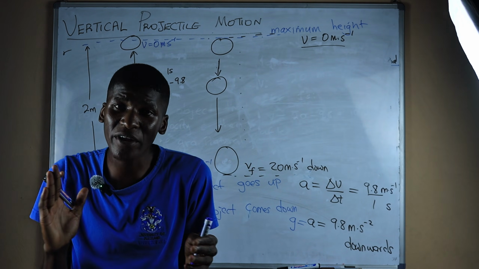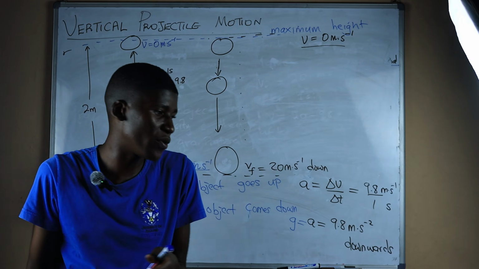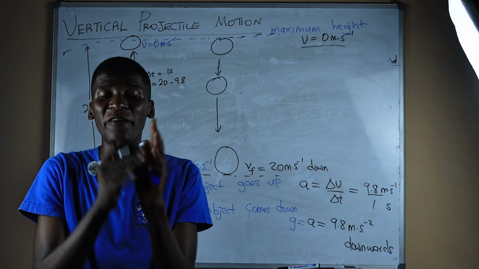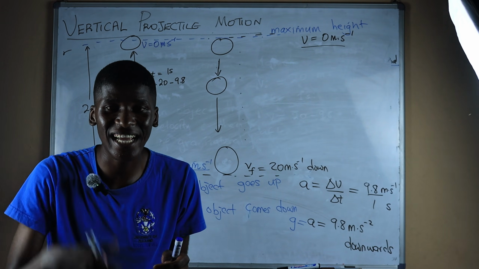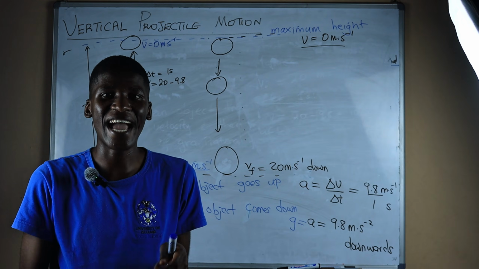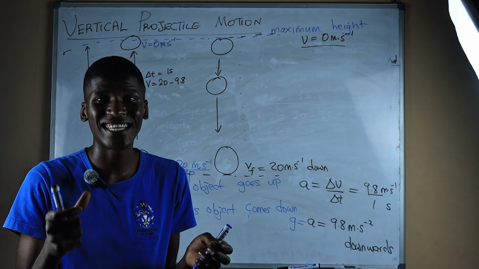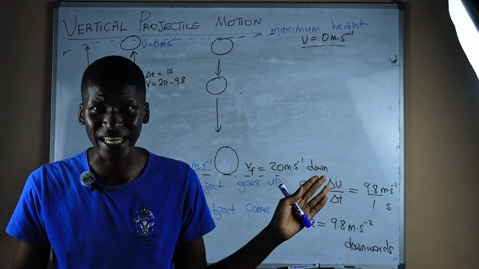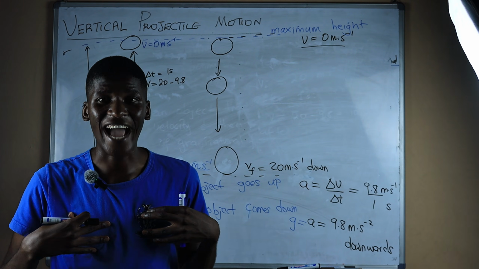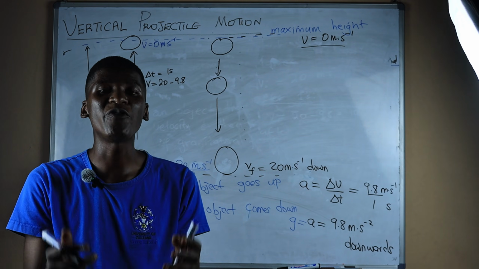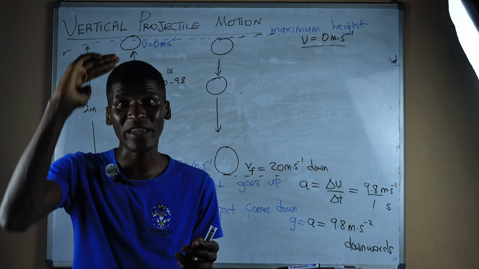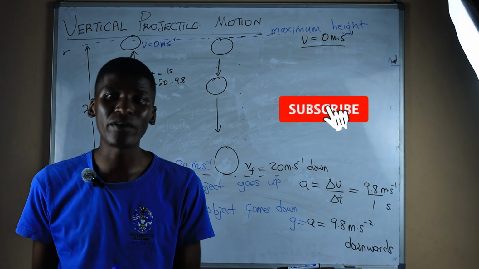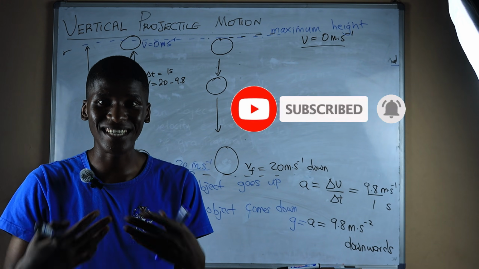It's like, guys, it's going up, it is losing, and then when it comes back down, it gains and gains. So it's like I gave you 100 Rand for 3 days, and then I realized that you are naughty, so I take away the 100 Rand for another 3 days. So after 6 days, you will be back to 0 Rand again. It's because I'm the gravitational force. I give you when you are going down, and I take away from you when you are going up. So in this case, when the object is going up, the velocity decreases. When it is coming back down, the velocity increases.